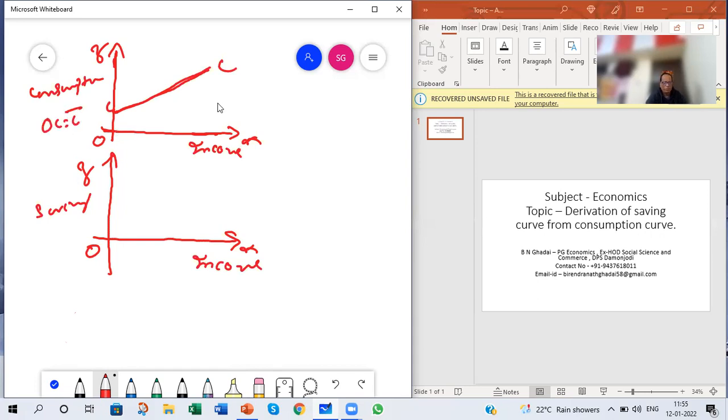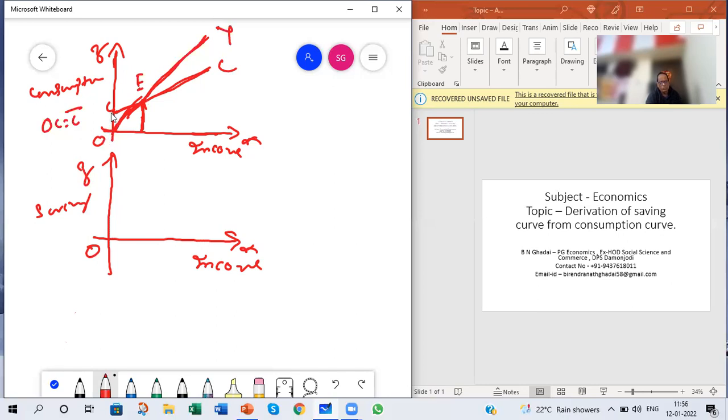And now we'll draw the 45-degree line. That is the income line. You can write Y. This is also the aggregate supply curve, because income is the same thing as aggregate supply. And you see what is happening here. There is an intersection here at point E, and before that, when the income is 0, the consumption,